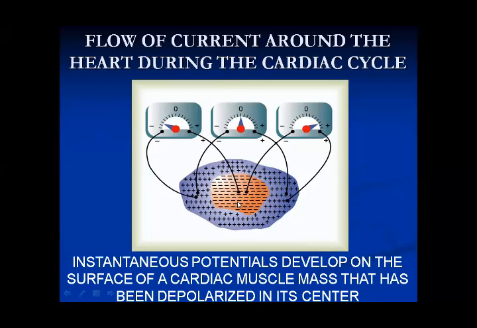Now coming to the central diagram. The negative electrode is in the positive domain, and the positive electrode is in the positive domain again. So both the electrodes are present in the positive electric field, and there is no difference in polarity. So there would be no deflection, and it is at 0. Now coming to the third one. The negative electrode is in the negative area, and the positive electrode is in the positive area. So there is a positive deflection.